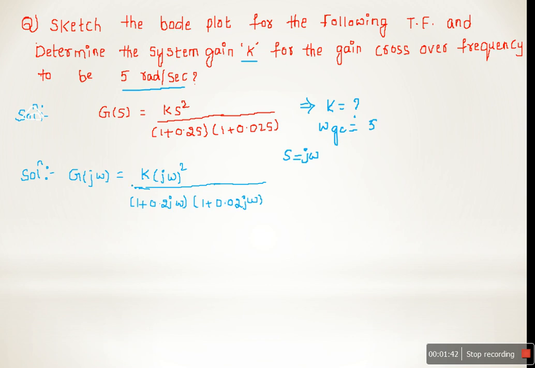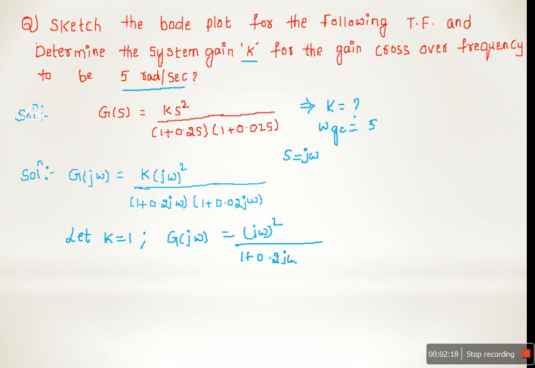We don't know the K value. In order to draw the Bode plot, first we have to assume the K value as 1. Let K equal to 1 and draw the Bode plot. After that, find out the K value and adjust the given Bode plot. So let K equal to 1, then G(j omega) becomes (j omega) whole squared by